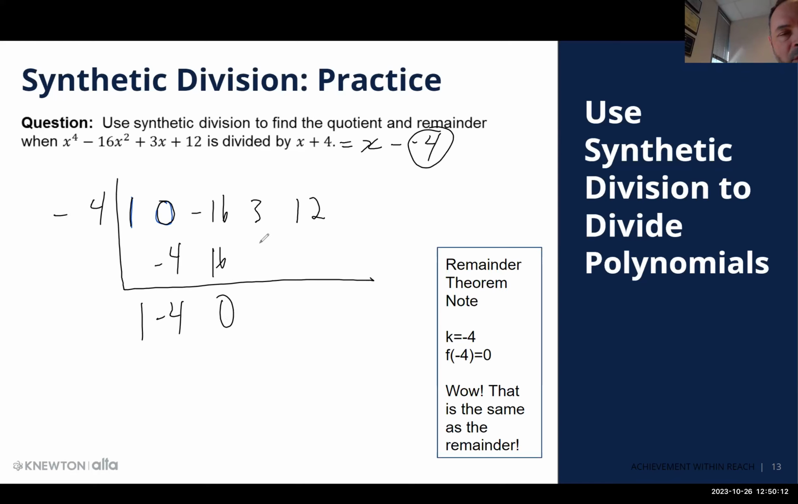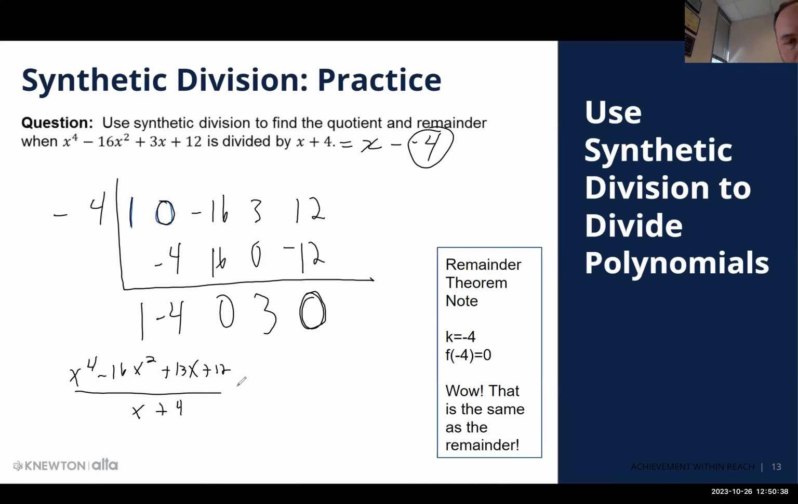Negative 4 times 0 is 0. 3 plus 0 is 3. Negative 4 times 3 is negative 12. My remainder is 0. So what that is telling me is that if I take x to the 4th power minus 16x squared plus 3x plus 12, and I divide it by x plus 4,